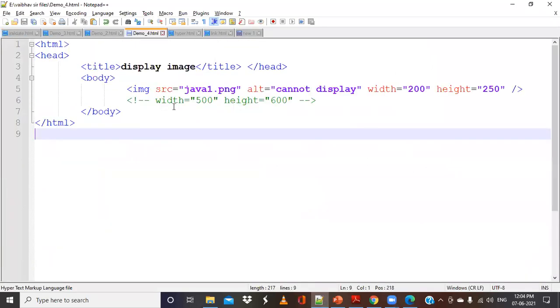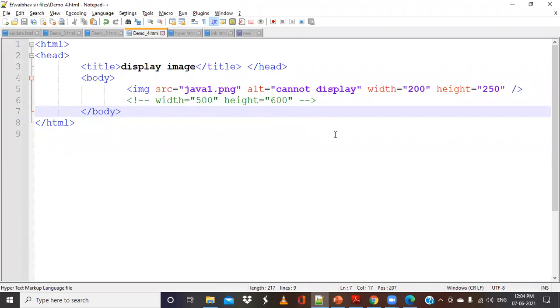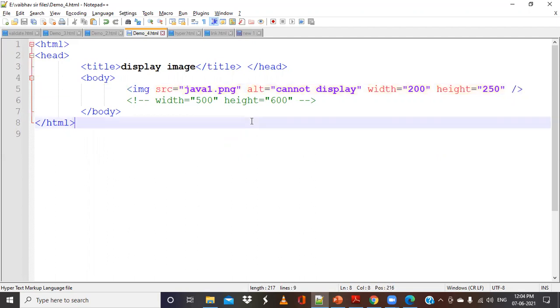So I will go to the same file, and here we also discussed how to give the width and height. We give attributes for this image tag, and the src attribute is used for the source file. I mean, what is the name of the file and what is the actual location of it. By default, if both are in the same directory, then there is no need to change it, otherwise you have to specify it.